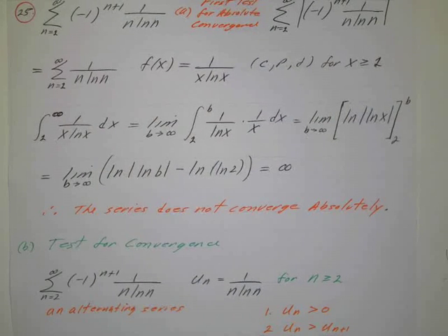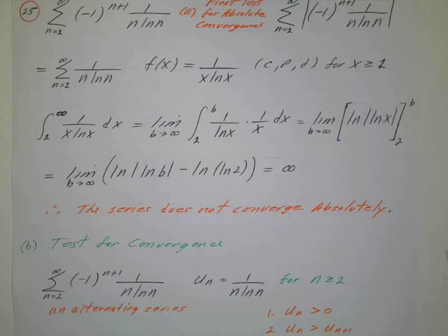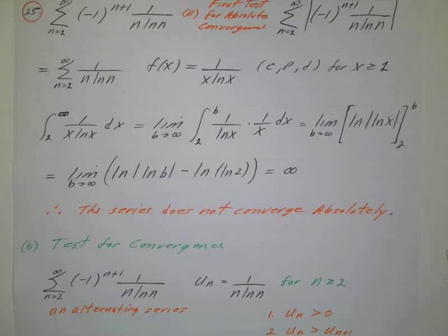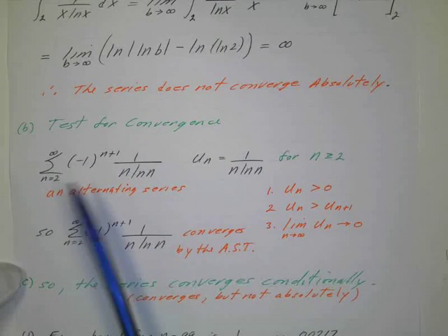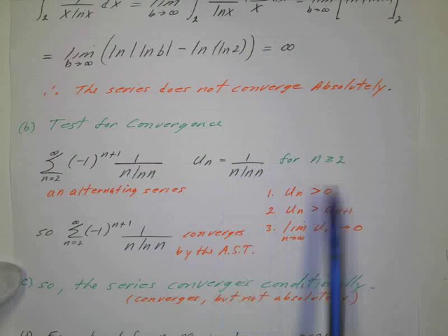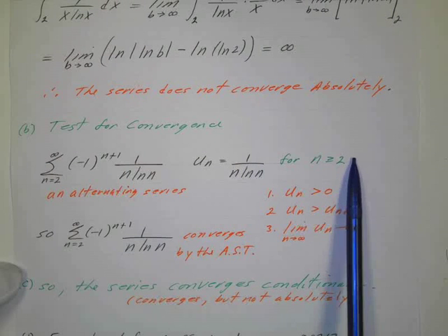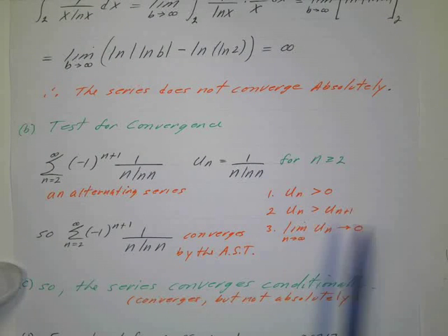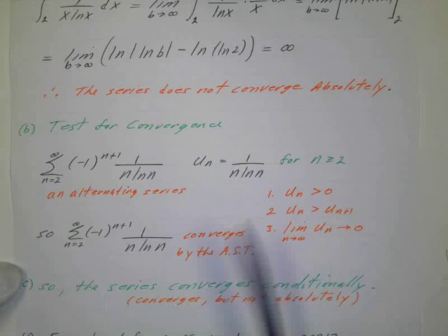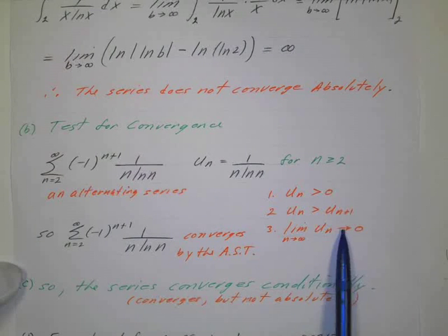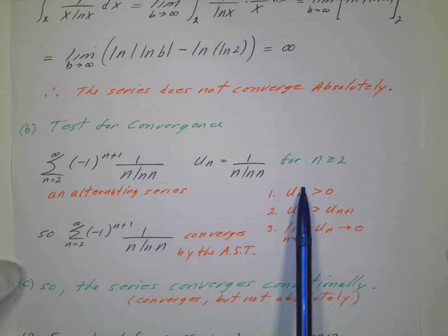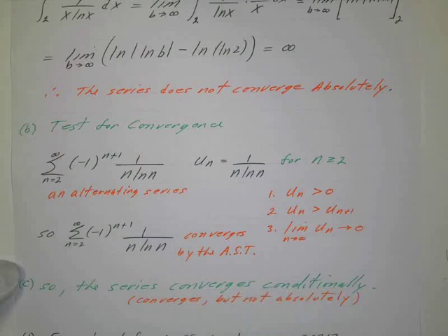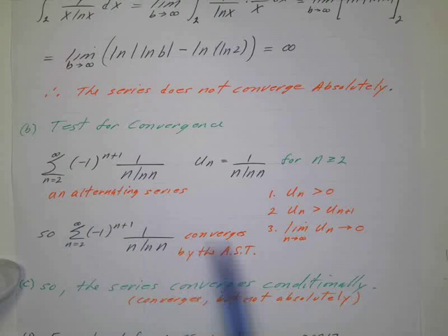Okay, so we'll check for convergence and see if it does converge conditionally. We know it doesn't converge absolutely. So this is an alternating series, so this is my u sub n for n greater than or equal to 2. Is it positive? Yes, it's positive. Is it decreasing? Yes, it's decreasing. And if I take the limit as n approaches infinity of this, does that equal 0? Yes. So it meets all three criteria for a converging alternating series,